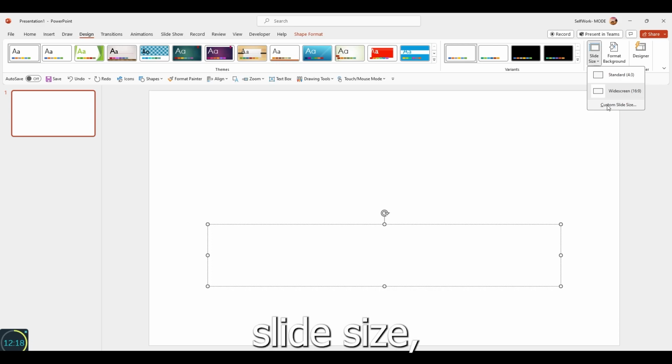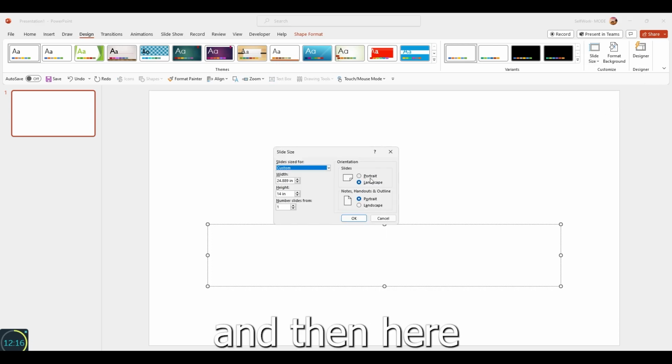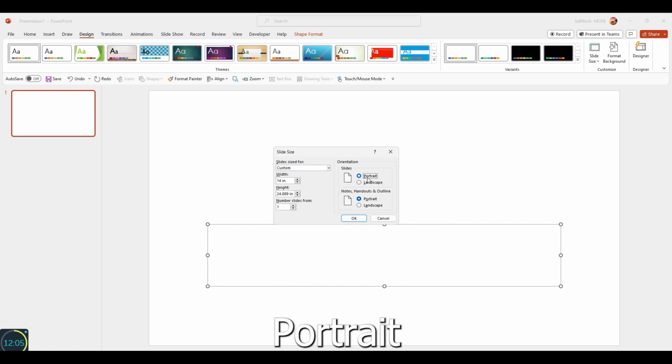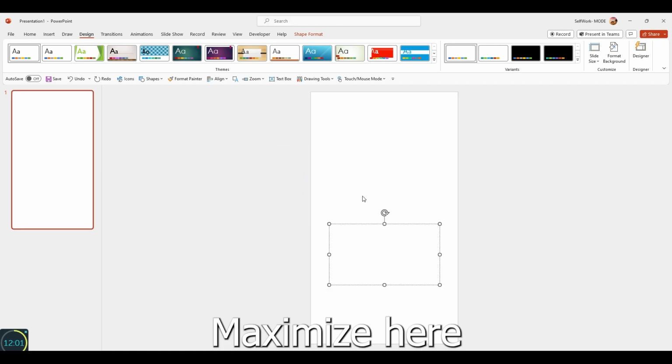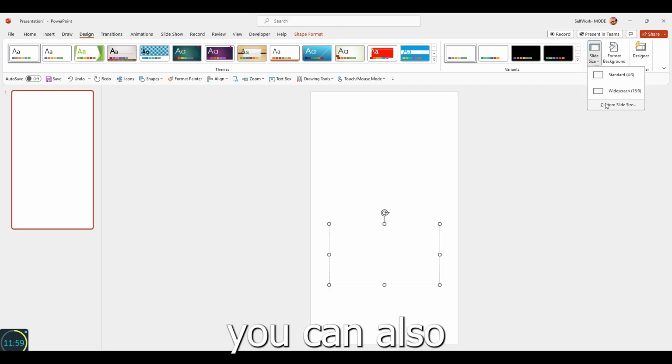Click on Custom Slide Size, and then here you have Orientation for slides, and instead of Portrait, Landscape is checked. Please click on Portrait, and now you just click OK. You can click on Maximize here, or you can also